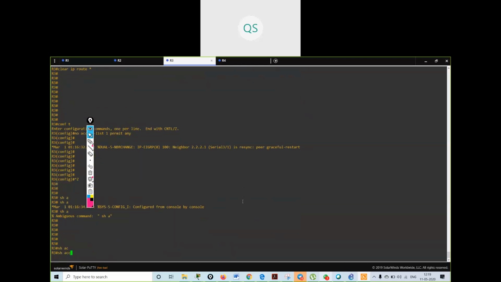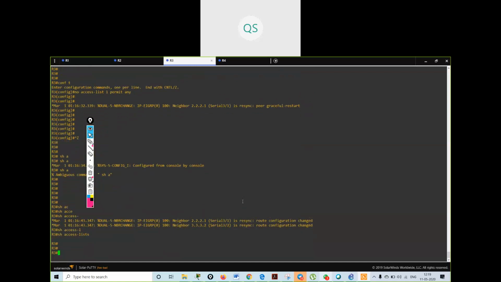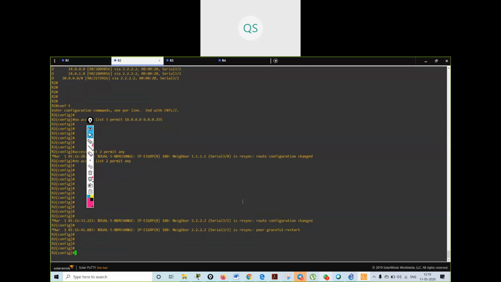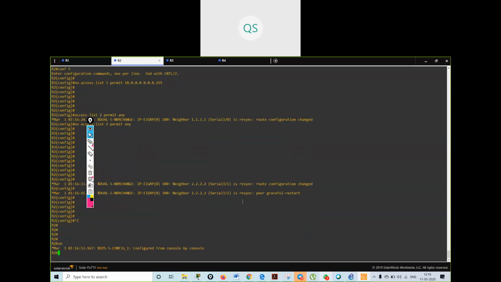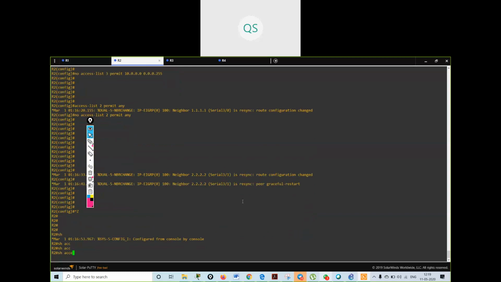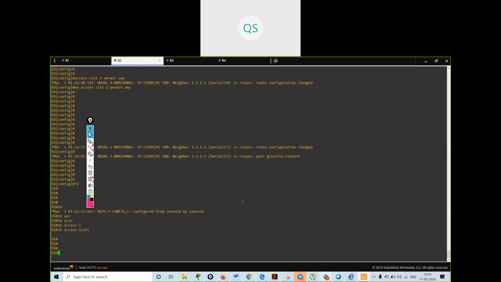Show access list. Okay, there is no access list. I have got all the routes. Neighborship is resynced. You can see over here, show access list, no access list.